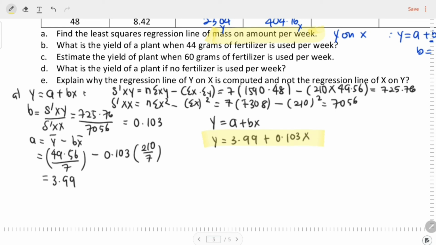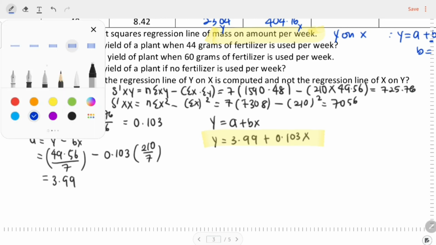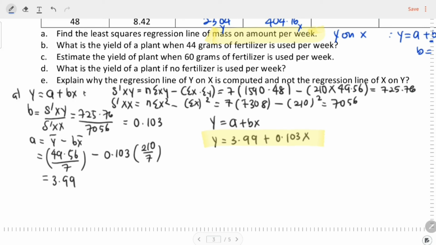Now we already have the least square regression line, so we can move on to question B. Question B asks you to predict the value of y when 44 grams of fertilizer is used. The amount of fertilizer is your x, so we have to find y. At x equals 44, y equals 3.99 plus 0.103 times 44. We use the regression line to predict the value of y, and substitute x with the given value of x, which is 44. Substituting into the equation,